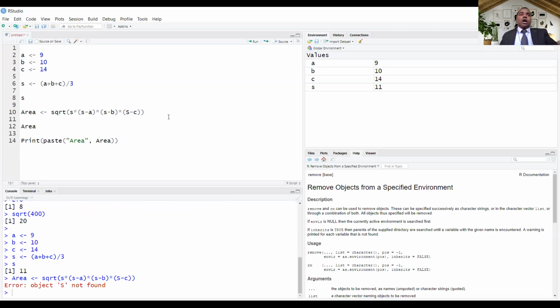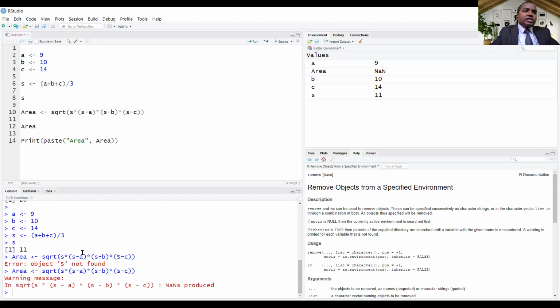I deliberately kept this to make you understand. Everywhere we have declared small s as a variable, but here we have put capital S. R is a case sensitive programming language, so you need to put small s here. So let's run this area.